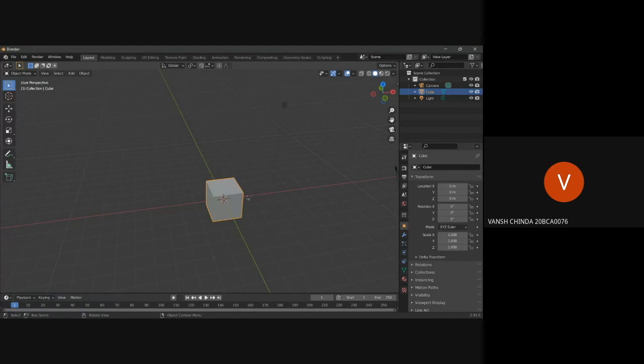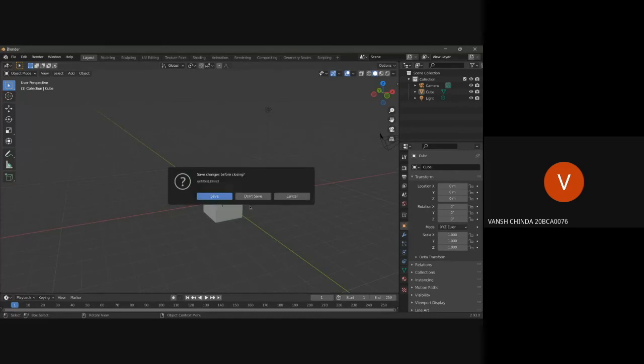Blender is actually free. You can just Google search and install it. It's really simple. Or if you can't get it, you can contact me too if it's getting a little hectic to download, or your PC is throwing some error. Also, Blender can run on any laptop. Even if you have 2 GB of RAM, I've seen people make a lot of great stuff on 2 GB RAM laptops. So that doesn't matter. Blender can run on any laptop, any device. Okay, so let's close this.